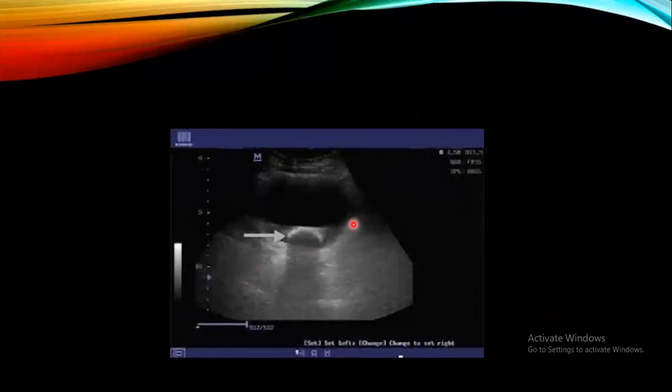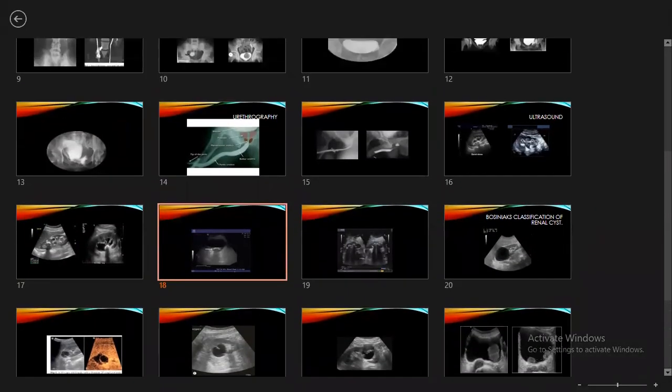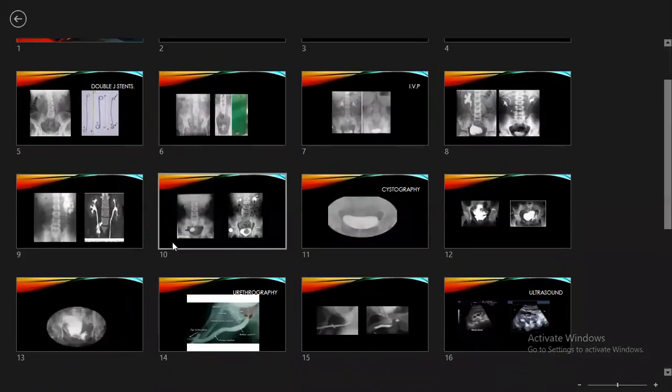Here on ultrasound also, in this picture, we see the bladder is filled with urine. As I said, if the bladder is filled with urine, it will appear very clear. And there is a crescentic echogenic lesion clear at the roof of the bladder, followed by acoustic shadow. This is usually what we consider a vesical stone. And this vesical stone is the same stone that we saw in the last picture,